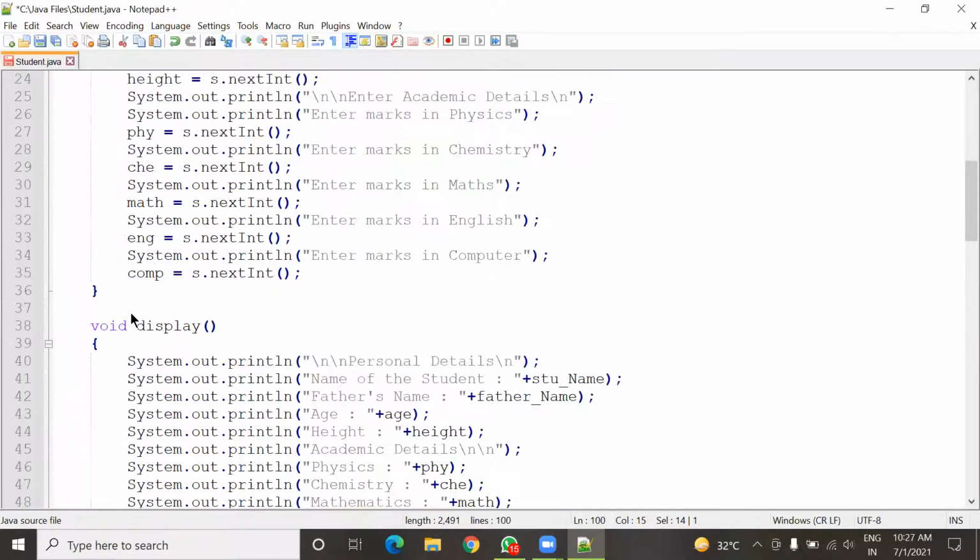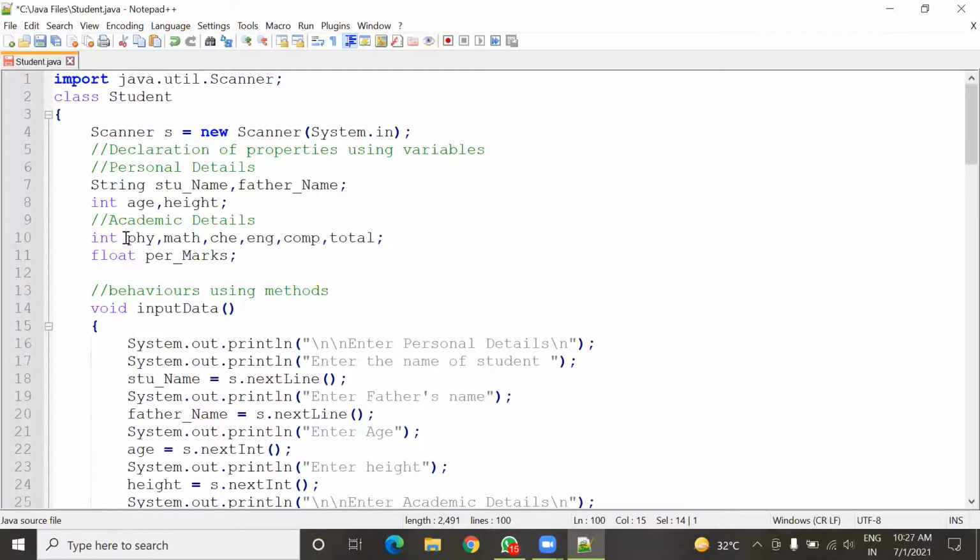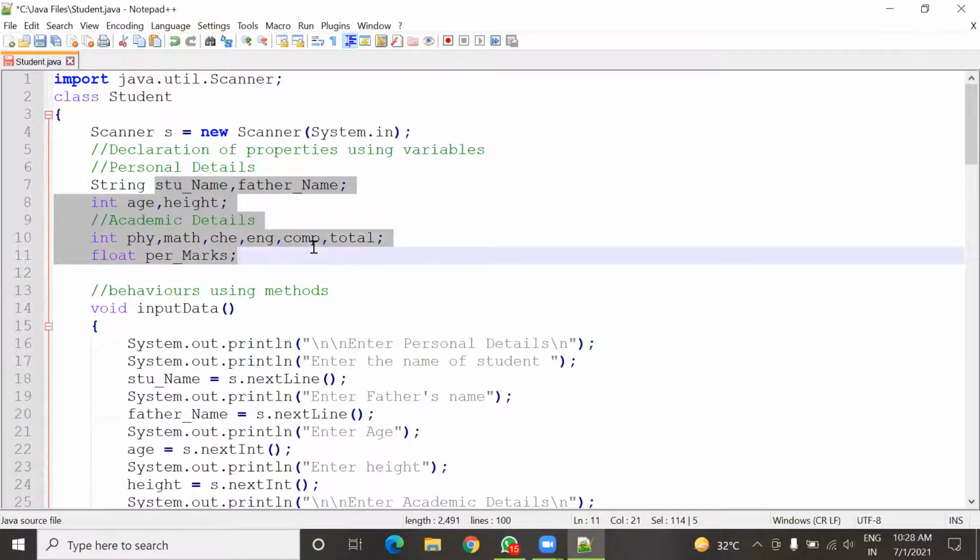Not only for age, I can store two different values in all these variables: student name, father's name, age, height, physics, math, all these variables that I have declared here. All these variables are known as instance variables. Why instance variable? Because using different instances, we can store different values in these variables.